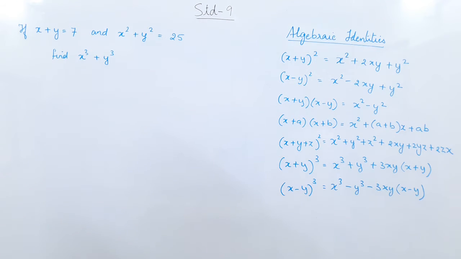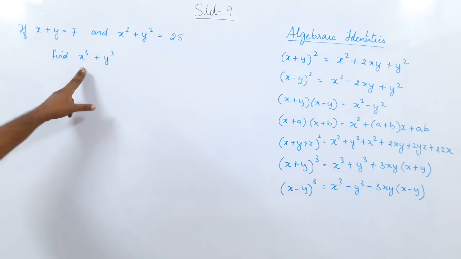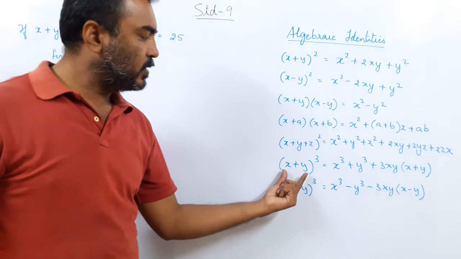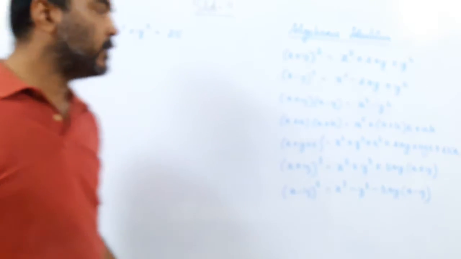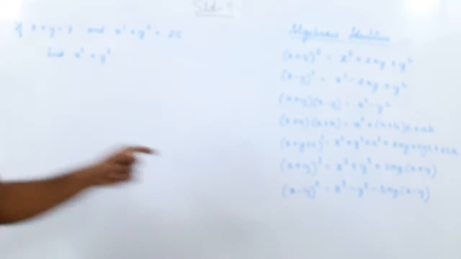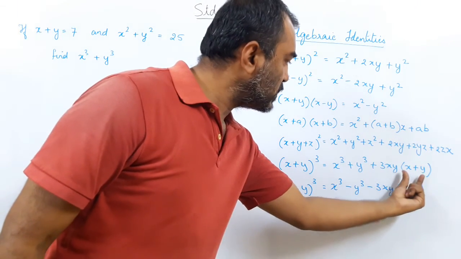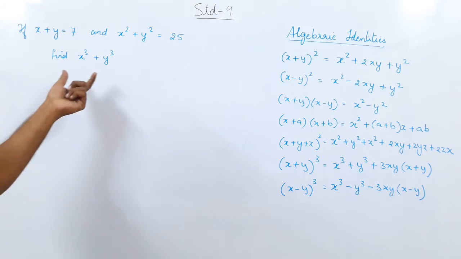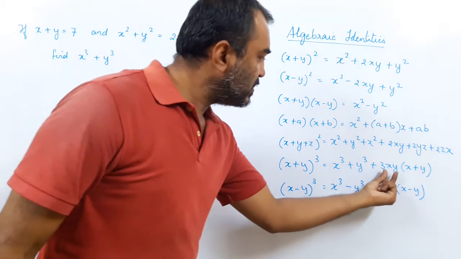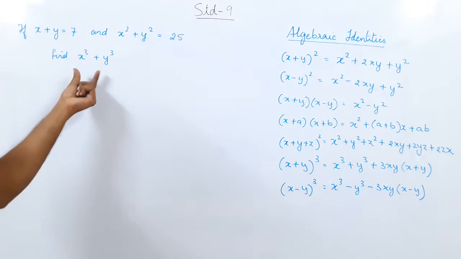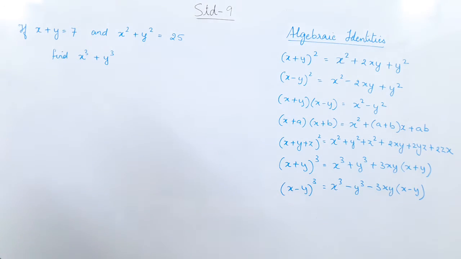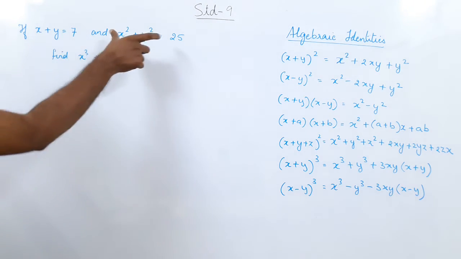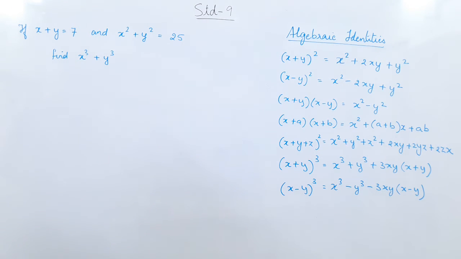In this question, what have we got? Like in the previous question, we have got the x + y. So we have to find x cube + y cube. We'll use this formula. (x + y) the whole cube is x cube + y cube + 3xy into bracket (x + y). Now we have got the x + y. So here we have the x + y, here we have the x + y. Like in the previous formula. But what is missing here is the xy, we don't have the xy. So to find x cube + y cube, we first need to find the xy. Now that is not given here. So from the data given to us, we'll have to first find what, xy.